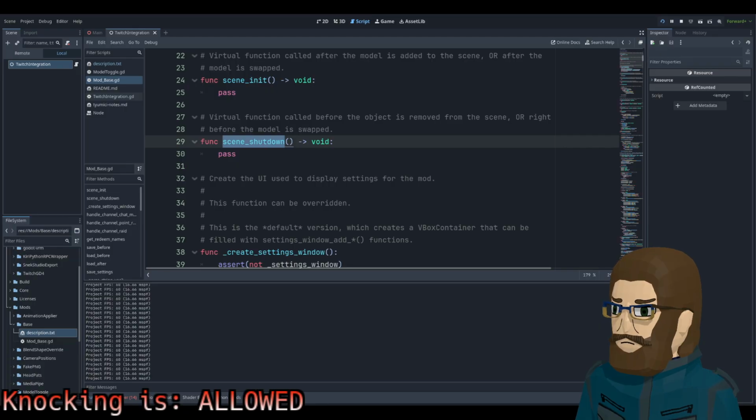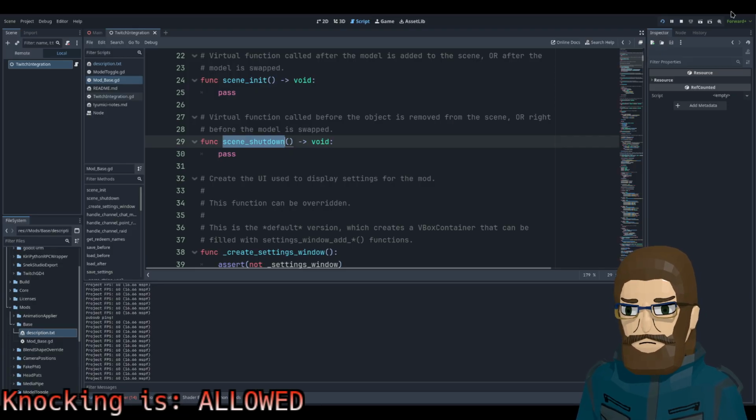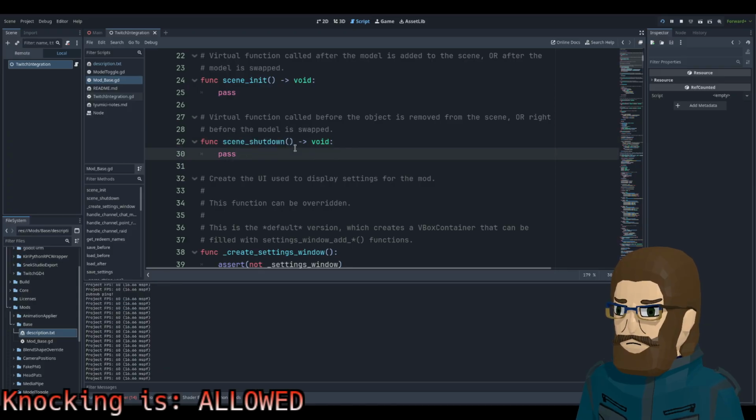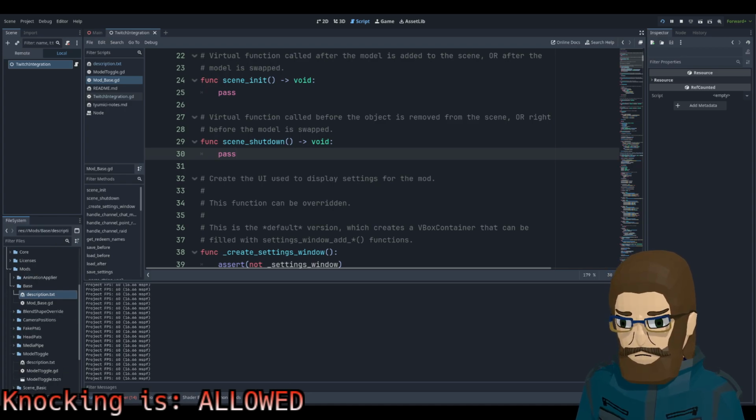Oh, wait. Huh. Well, no, because that's declared there. It's not imported unless it's an extend. Oh, wait, is this what it means by a virtual function? So there's scene shutdown in here, and this is in mod base. Hold on, where was I just in VS Code?